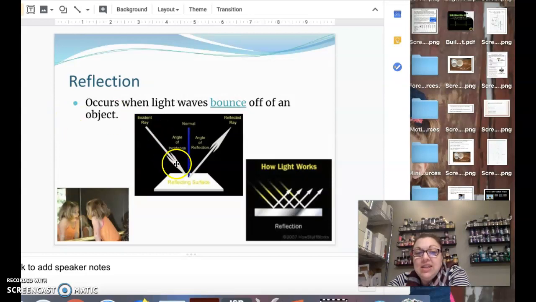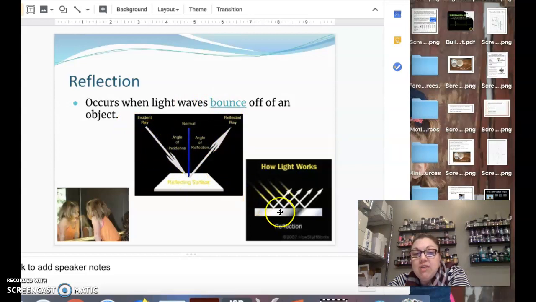Reflection is when the light wave bounces directly off of a surface. So the reflection is like bouncing off, and it's going to come in and go out at a 45-degree angle. But when you have a distorted image, right? Like if you go into those house of mirrors, or you're looking at a reflection in water and it's not a perfect mirror image, it's because your